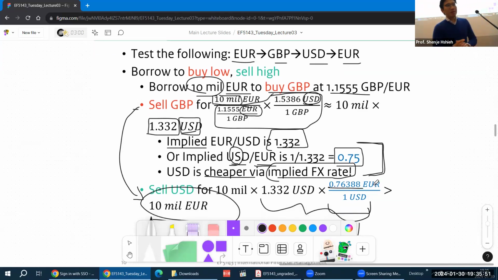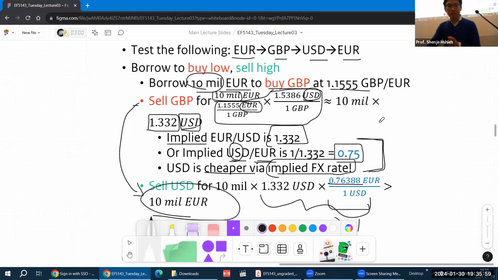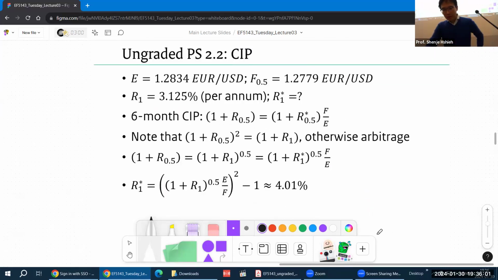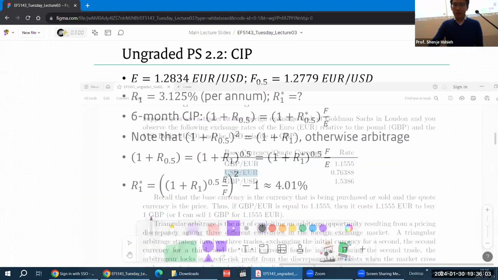All right, comments, questions on this first problem set question? All right, the second question